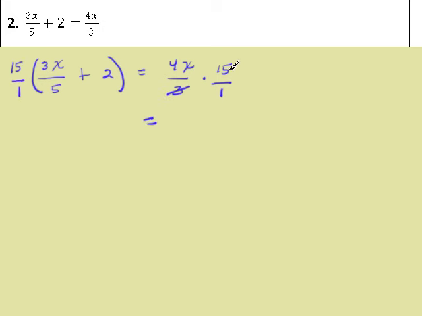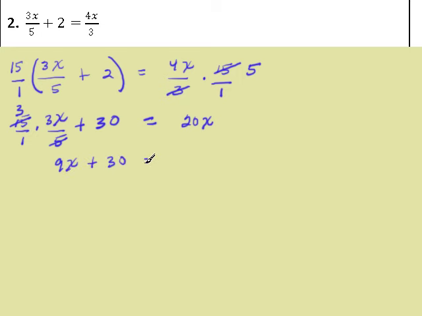On the right-hand side, let's divide 3 into 15. And now we can multiply 4 times 5, so we end up with 20x on the right-hand side. On the left side, first let's multiply through by 15 over 1, and then we'll cancel the 5. Okay, 15 times 2, we have a 30 here. So now we're ready to divide 5 into 15. So here it goes 3 times, so now let's multiply 3 times 3, that's 9x, plus 30 is equal to